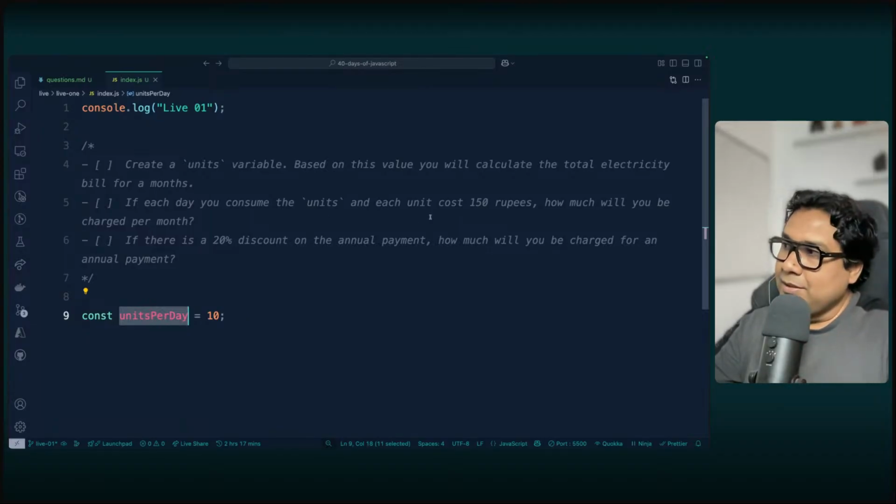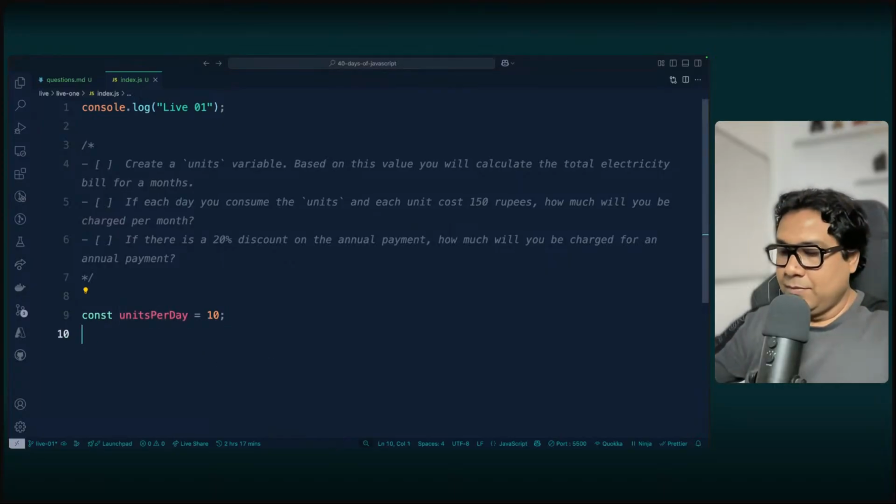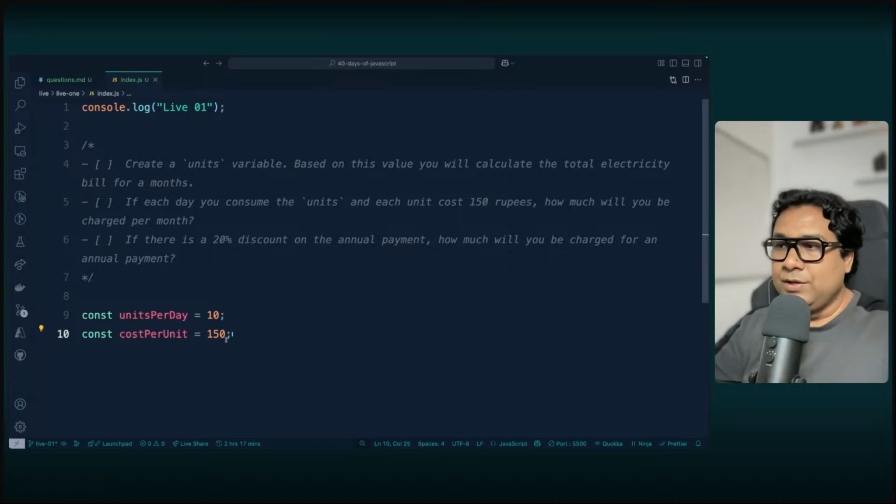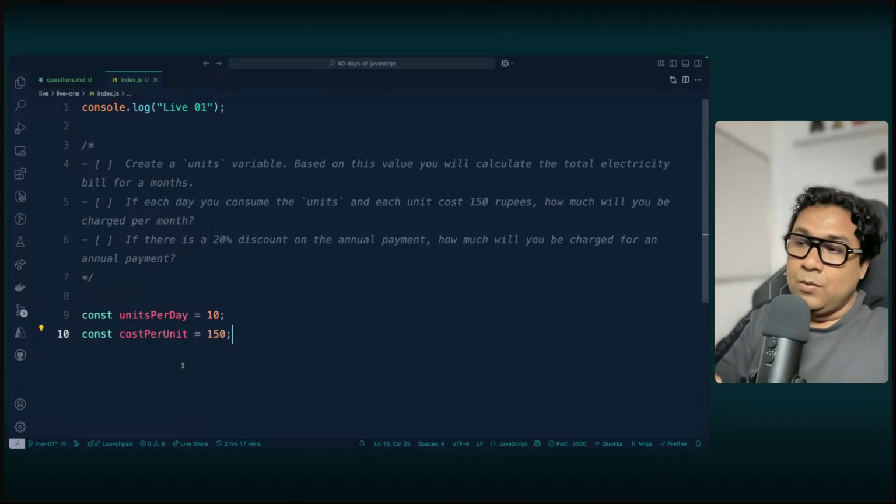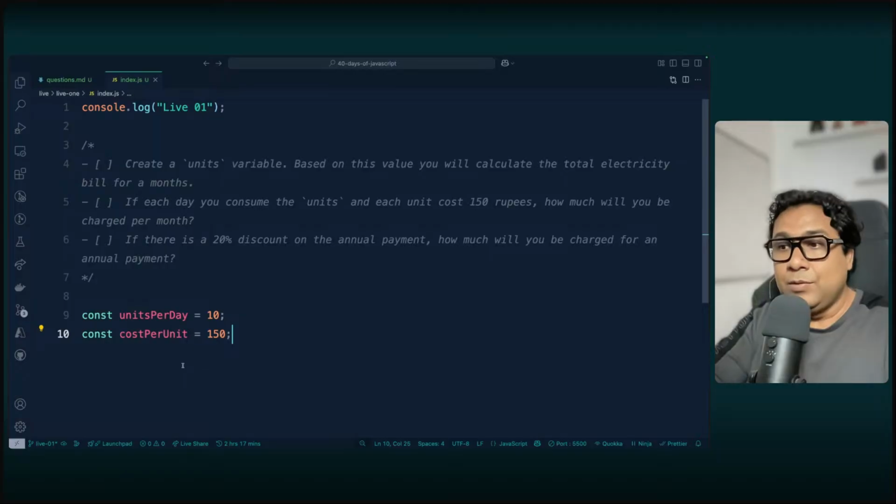And then there is something called unit cost, which is 150 rupees. So I can create another constant saying cost per unit is 150. Now here, as I also mentioned in the variables video, whenever you want to work with a value, you have to make sure that you store that value somewhere, because you never know whether that value will be used multiple times in your program. When you have to use that value multiple times in your program, it is good to store that value in a variable